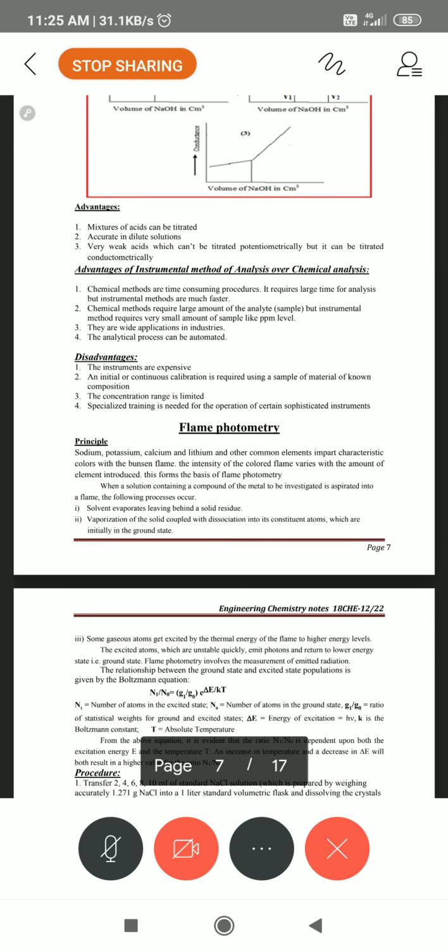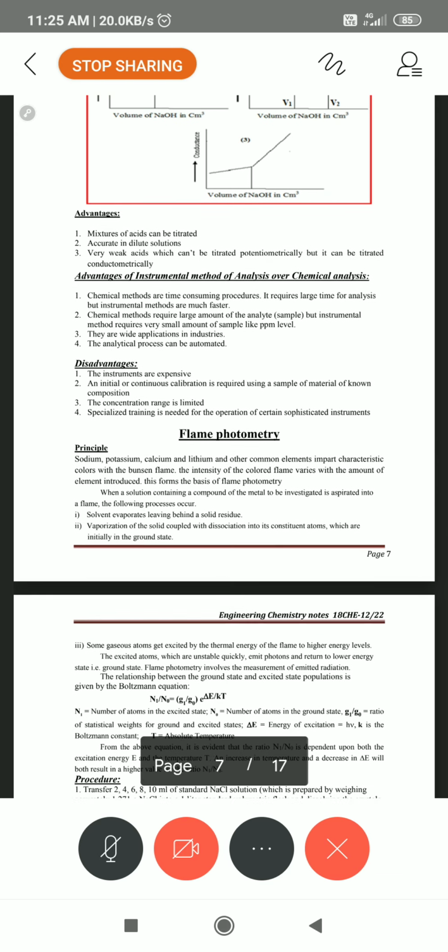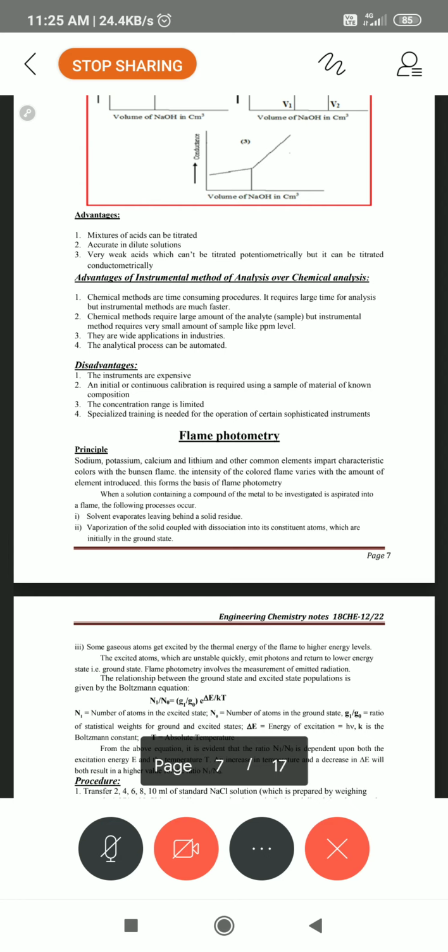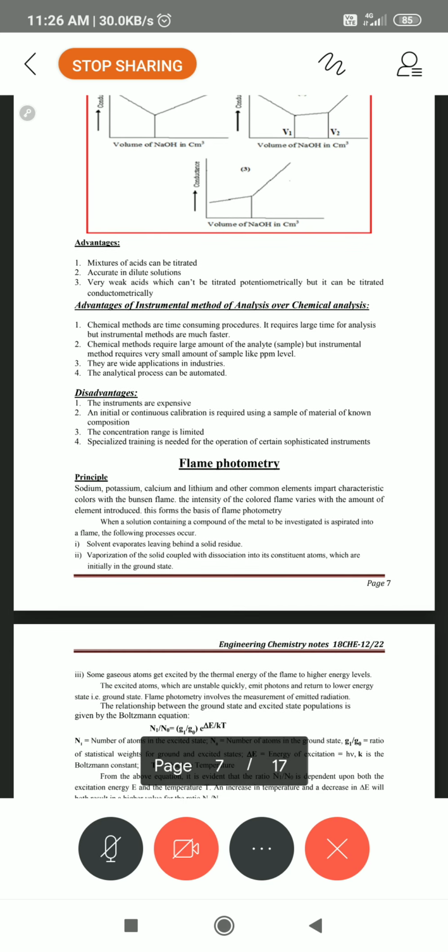For that, if you want to find out how much sodium is there in the given solution, you prepare a series of standard sodium chloride solutions. In the same way for potassium also. In the lab, estimation of sodium and potassium is there. So along with that example, I can use it to understand the flame photometer very neatly.